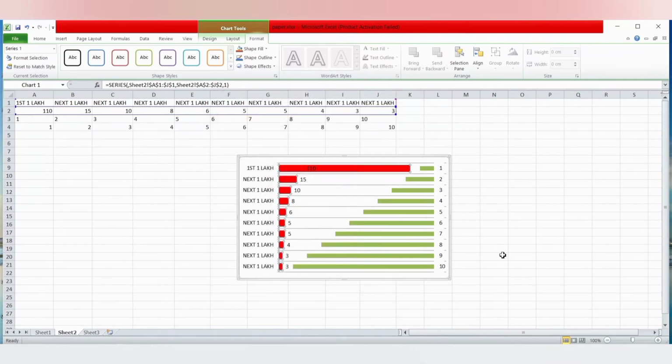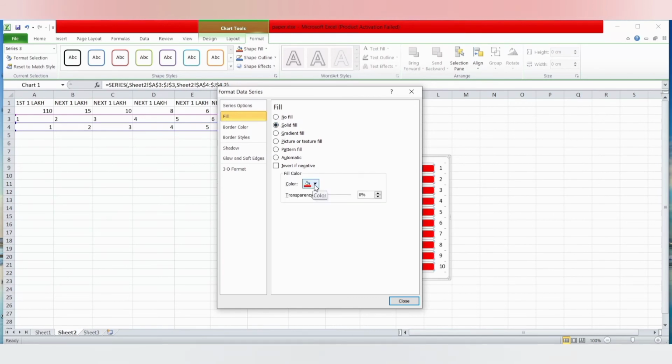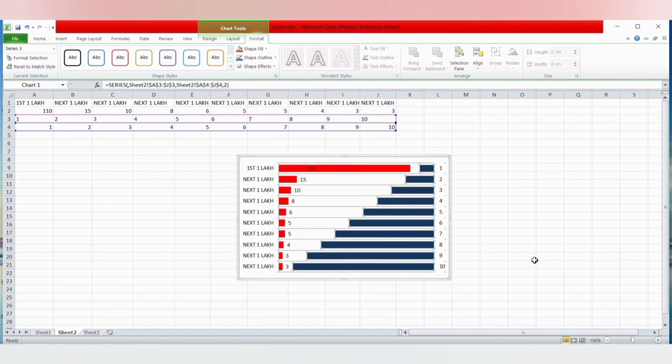Close. Then we'll select the green graph, again go to Format Selection, reduce the gap width, Fill, solid color, we'll select the blue color. Close.